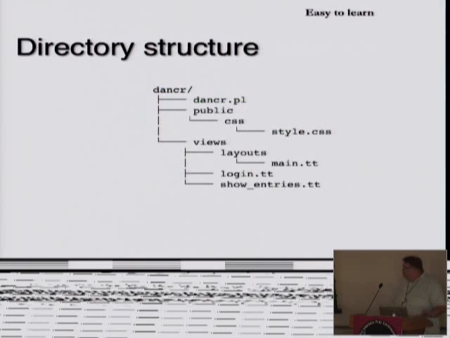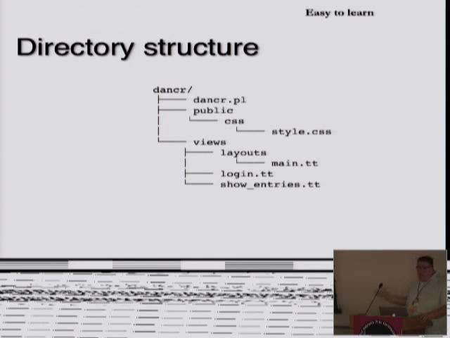All right, so let's talk about how Dancr directory structures are set up. In my example application, which is a really, really simple application, I don't have a very advanced directory structure. Directory structure with Dancr has kind of a defined template. And actually, Dancr comes with a command line tool that will build the entire directory structure for you. It's dancer -a and then your project name, and it will build out your entire directory structure.